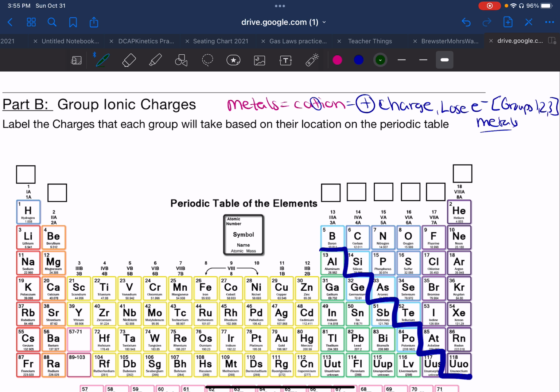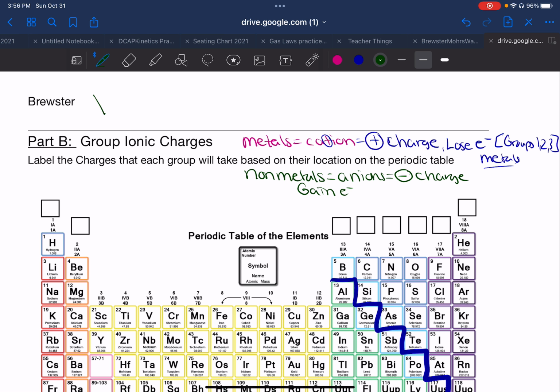And then the other type is that we have our non-metals, and those will be anions. And these are negative charge. So these gain electrons, and we're always focused on the outside electrons,